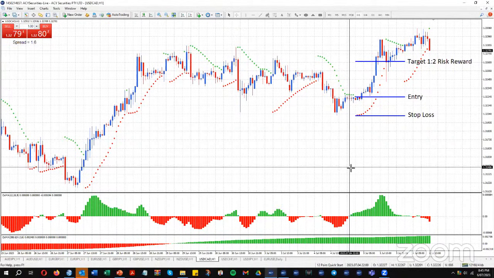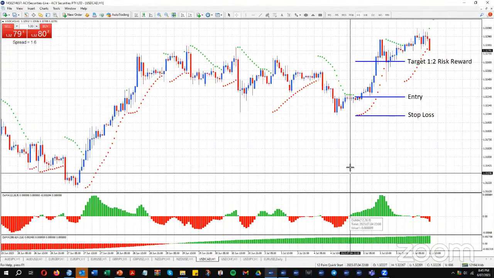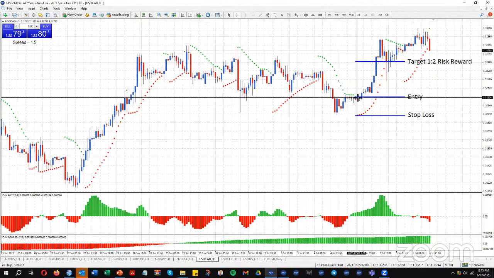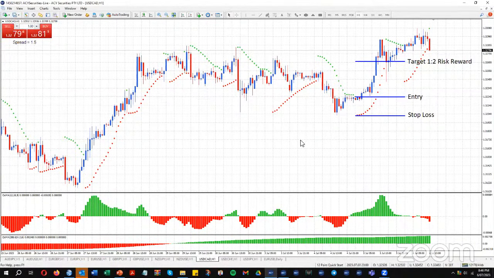We start to get green on the 1 hour chart in through here, so we actually cross the green dot just here. That's where you start to think about, okay, is it time for me to engage in the market and take a trade, do a buy? But the thing to think about when you're entering a trade is how much of a reward we're trying to achieve.